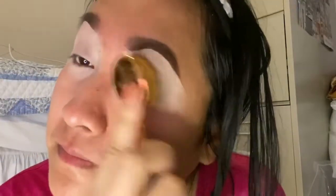I use a setting spray to wet my face. Just go like that a little bit. The setting powder for this, I'm gonna use this one for a change. I'm gonna use the Pretty Vulgar. The other one gets all over the place, so I just want to use this one for now. Just a little bit because I like to set my concealer